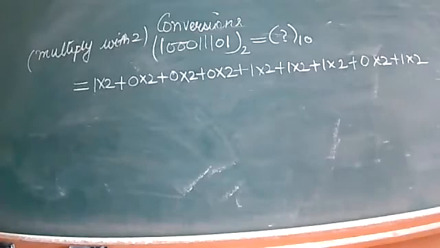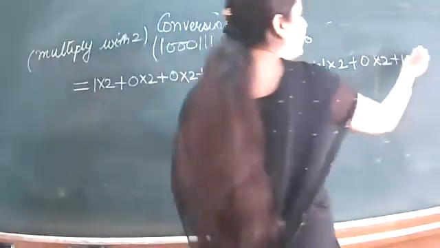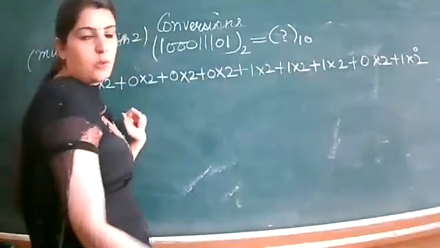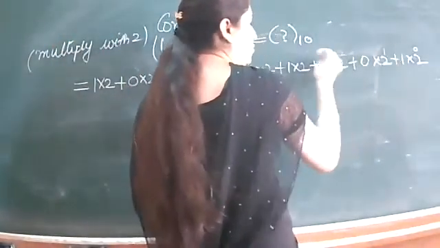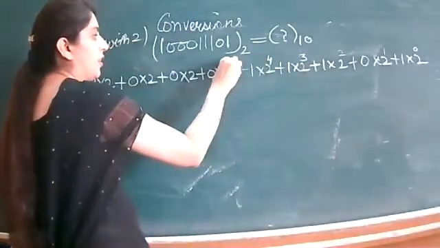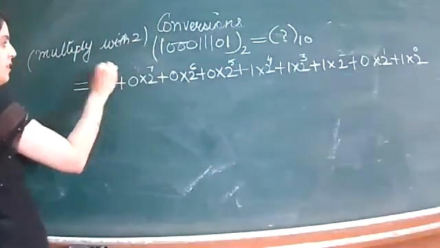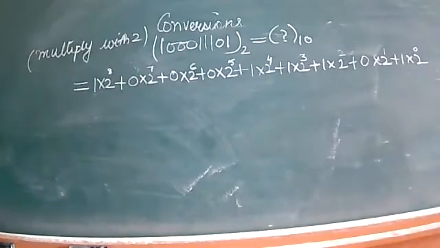Now the next step is to give the powers from the right side, starting with 0, 2 raised to power 0, 1, 2, 3, 4, 5, 6, 7, 8. Clear? We will not find the sum yet, we will find the sum in the last step. The very last step is the addition. Yes, you have to do this, Karthik. It is happening in all classes, children.